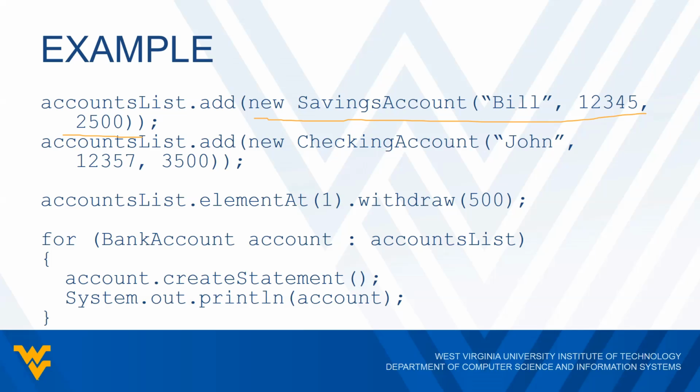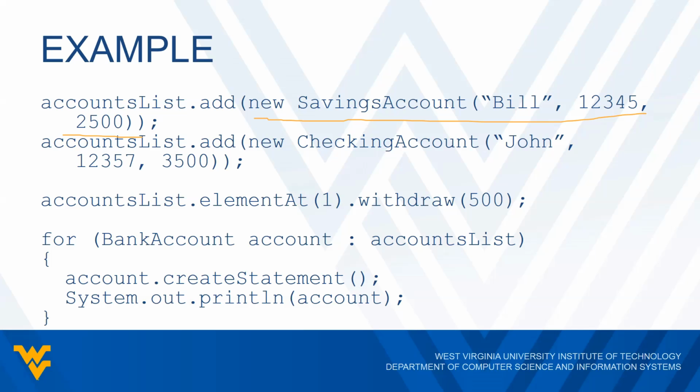And then the next line, we would add a checking account. So we would create a checking account object. In this case, we have a guy by the name of John, and he has an account number of 12357, and he has $3,500. So we have that checking account object, and then we add that as a new element into our vector. And we can continue with that if we want. And then we can call all of the different methods associated with one account or the other. So for example, we have accounts list dot element at one dot withdraw 500, which means that we are going to withdraw $500 from the checking account, because element at one, that's saying get the element at index 1 technically. So if we follow this order, that would be the checking account,